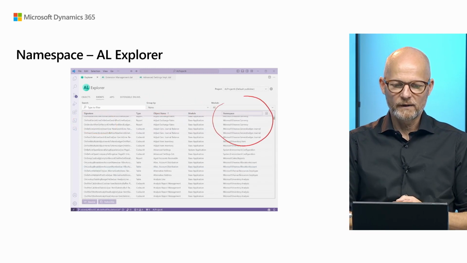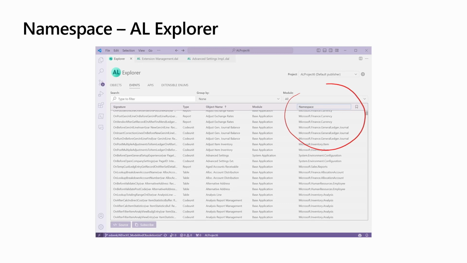We have also added namespace as a column, as you can see, so you can also get some information about where this actually belongs. What is this object related to? It's good and valuable information. And this actually is a good segue to the next topic, AL Doc, because that's also about discoverability and